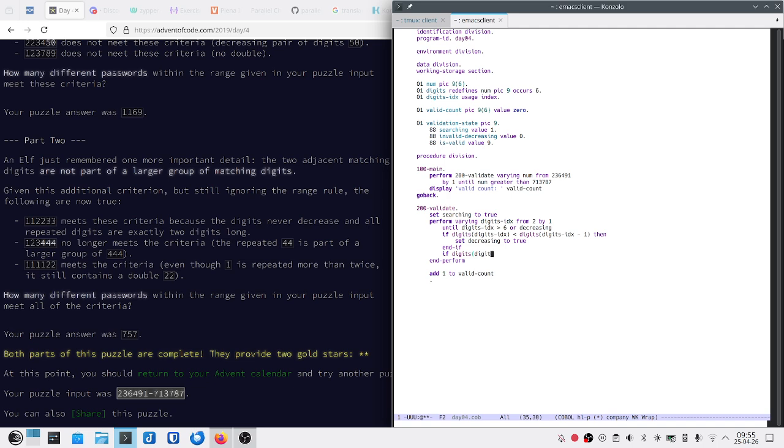Digits index equals digits index -1, and then set is valid to true, and then we close this in an is valid count. Add 1 to